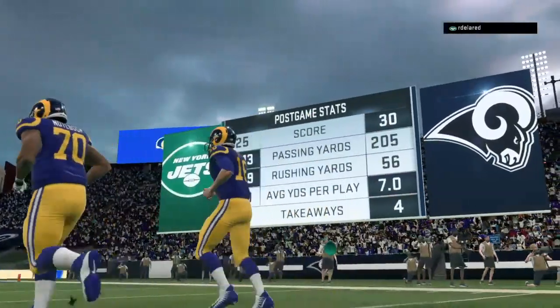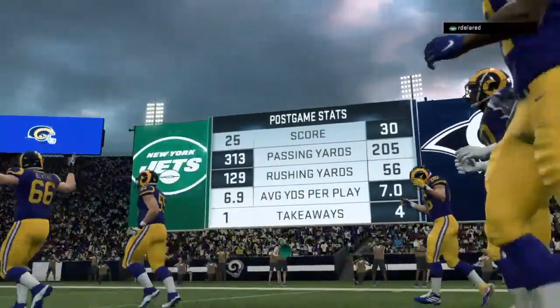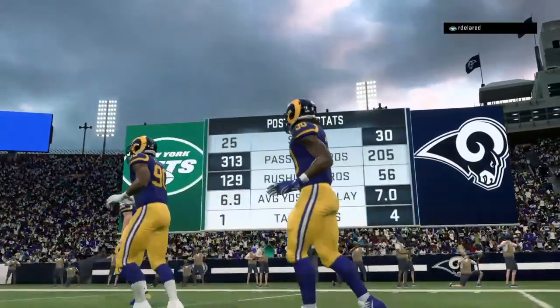But to win a close one like this, you know, every team wants to be physical. We've heard that a million times, right? But those who are mentally tough,